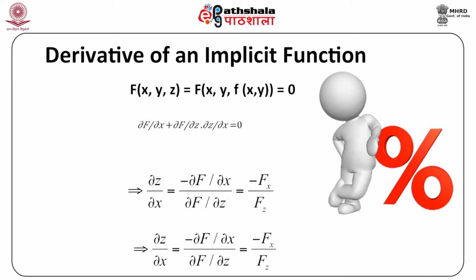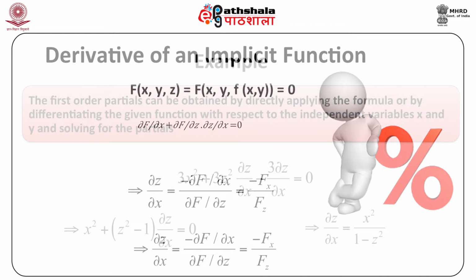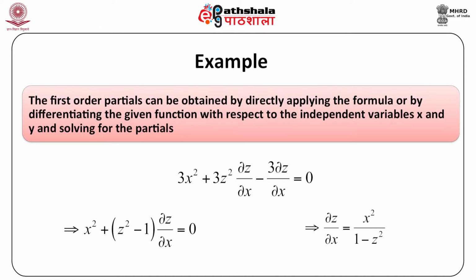If f(x1, x2, ..., xn) = 0 defines f as an implicit function of x1, x2, ..., xn, then the first order partial derivatives can be obtained by directly applying the formula, or by differentiating the given function with respect to the independent variables x and y and solving for the partials. Differentiating the given function with respect to x, we obtain 3x squared plus 3z squared into del z by del x